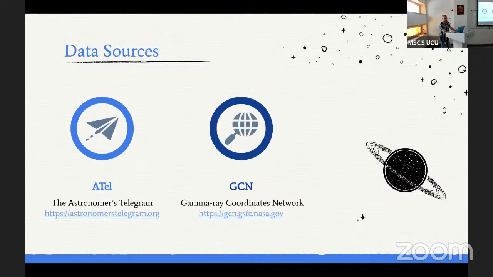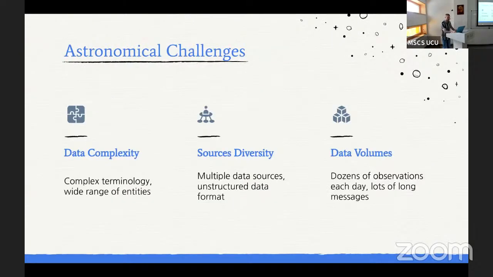Worth mentioning that throughout the research we were communicating with astronomers from the European Research Center, and they confirmed that they are using this service and it is important for them. So let's imagine you are an average astronomer and you want to know what's happening in the world. You go to the websites, and what challenges will you face? First of all, it's the data complexity. There is a diverse range of different telescopes, planets, galaxies, and you cannot know them all, even if you're super professional.